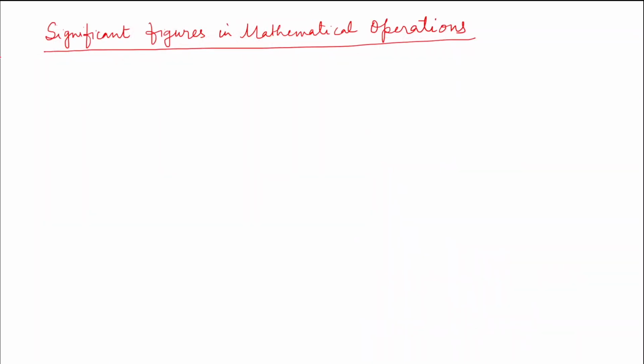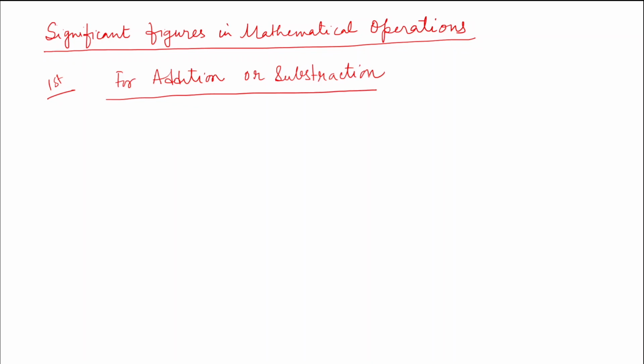Now we come to our last part. Now we will talk about the significant figures in mathematical operation. So in this case we actually need the rounding off. So our first operation is for addition. अगर addition और subtraction करना है, so how we will handle the significant figures? Okay. So for addition and subtraction के लिए, so what we will do?